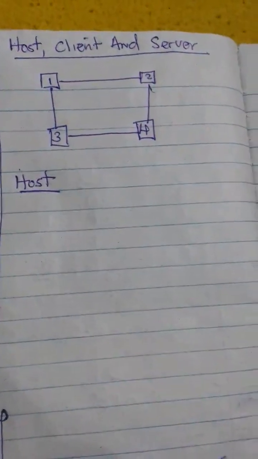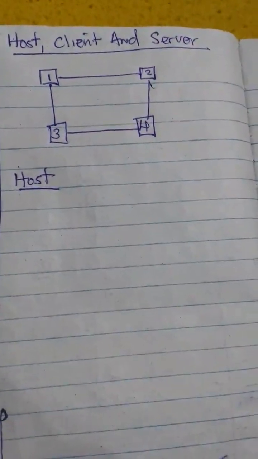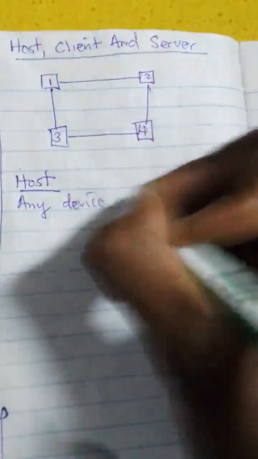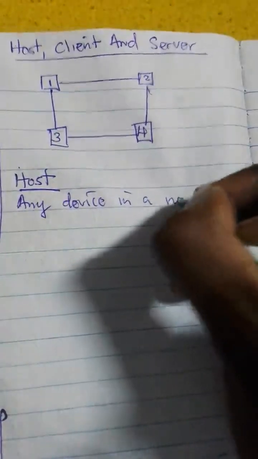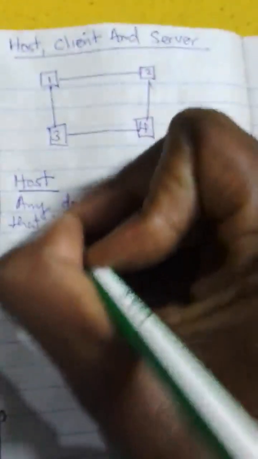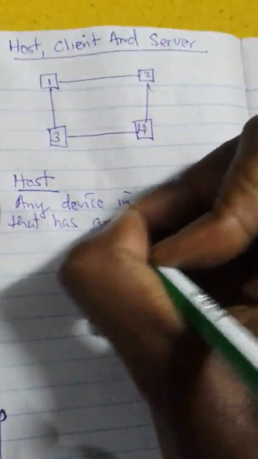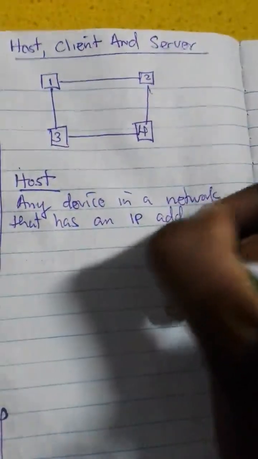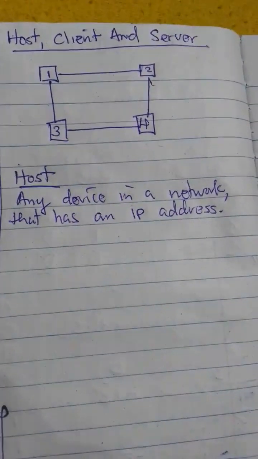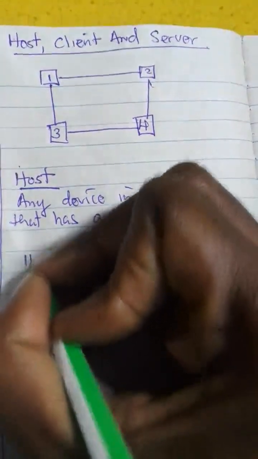So, at what point does a computer become a host? What is a host in a network? A host is simply any device in a network that has an IP address. Okay, so a host is any device in a network that has an IP address. Perhaps you might say you don't know what an IP address is also. Okay, so an IP address